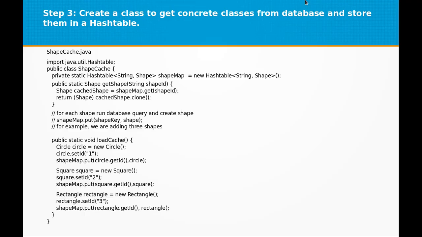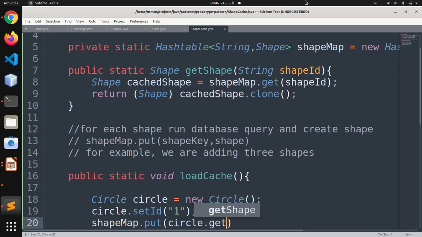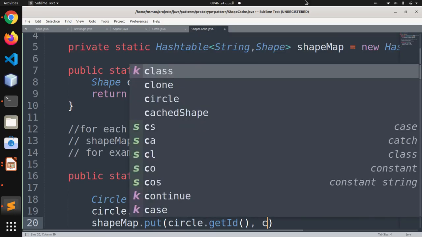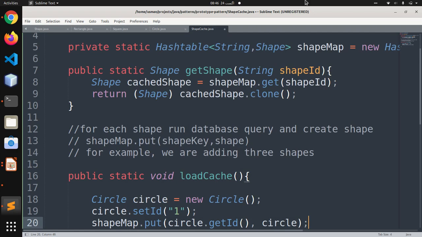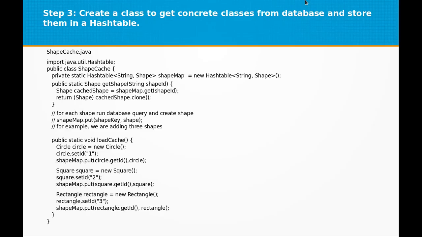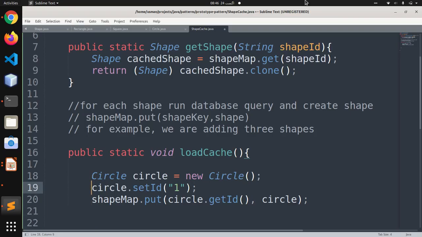Put circle.getId. So the key is the id of the circle and the value is the object of the circle, which will be stored in the hash table.